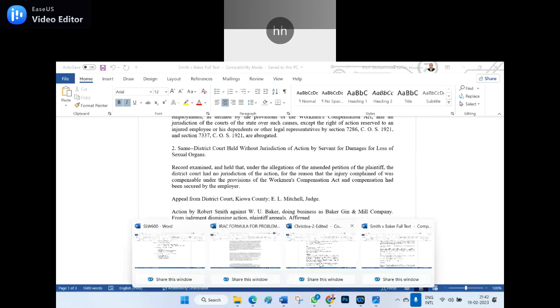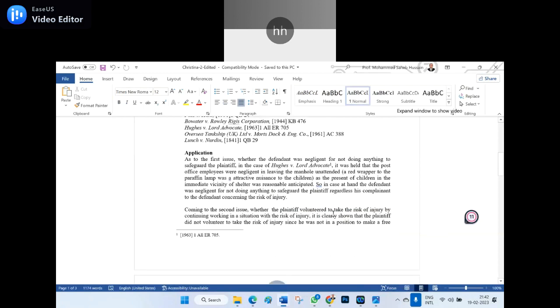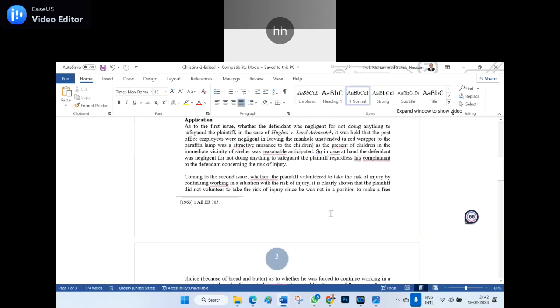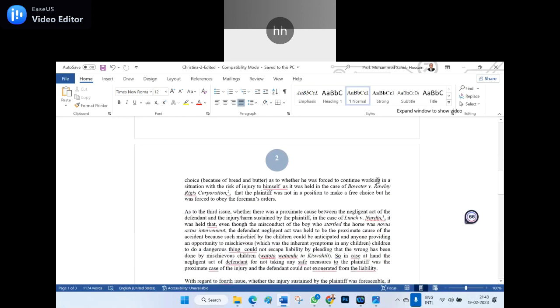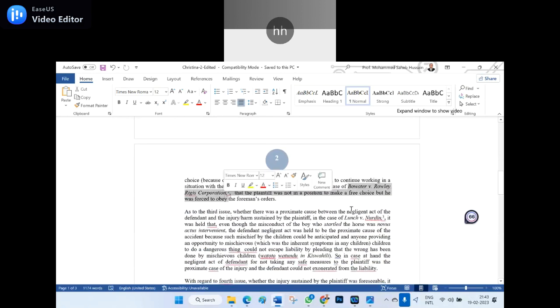Yeah, Krishna edited. Yeah, it is here. So, application. Either you can say argument or we can say application. But preferably, in the P-FIRAC model, A stands for application. Here in the application, for the first issue, what are the supporting cases or maxims or sections, that will be analyzed in the application. As to the first issue, see, I told you, whether the defendant was negligent, and a separate case law. If any separate case law is there, you have to mention it there. And here I have made the separate case law. See, this is the separate case law.